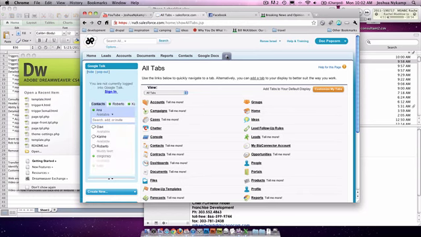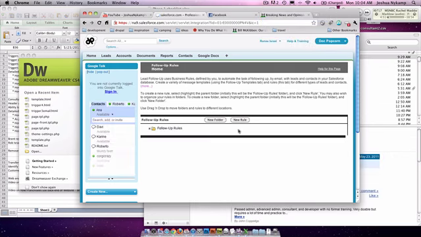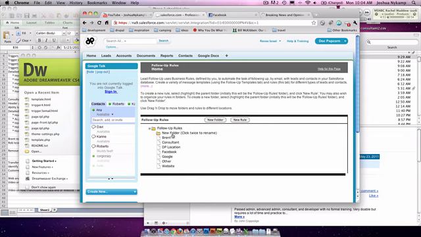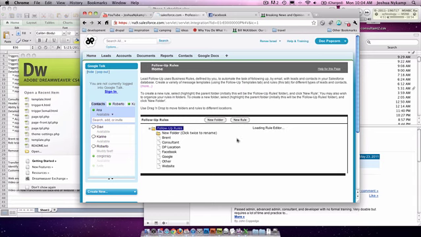So we're going to click back here. We're going to go to all tabs again, and we want to create a lead follow-up rule. Alright, now that it's loaded, we can see all the follow-up rules. I've already created one for consultants, so we'll just go over that again, and we'll create one exactly like it. So we're going to create a new rule. We have to select the folder first, then create a new rule,